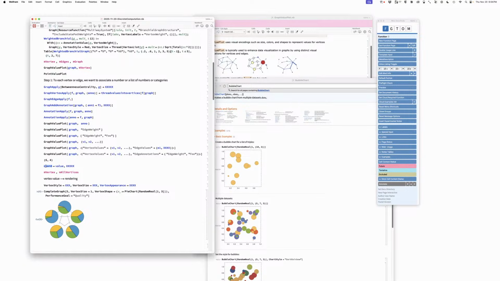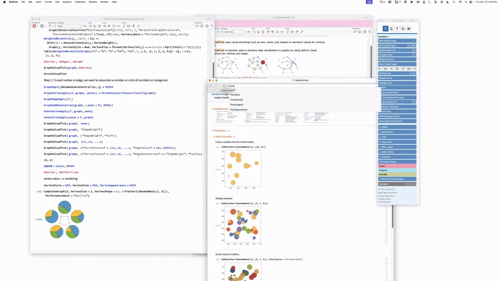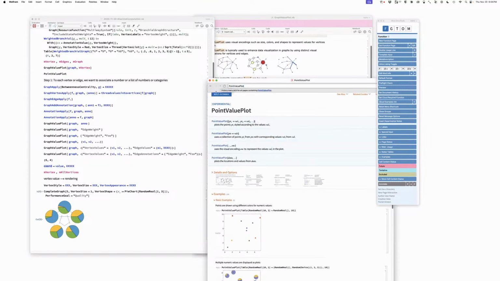I mean, point value plot doesn't have auto scaling, does it? I think it does. Otherwise, it can't, I think, really. Well, it doesn't, because I think all it's doing is it gives the value styled according to those values. So